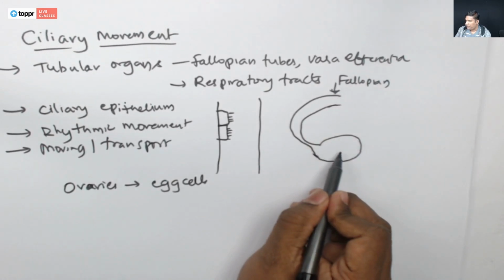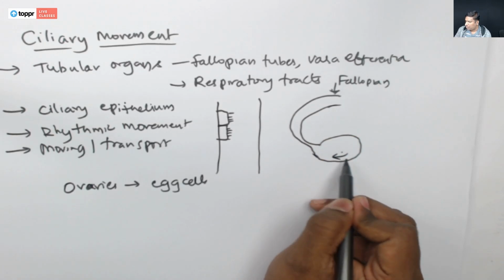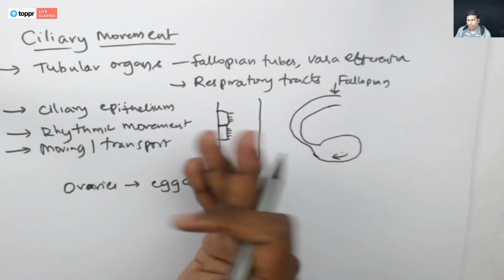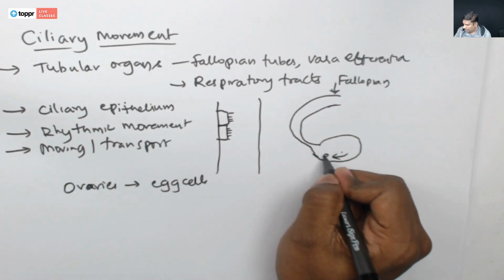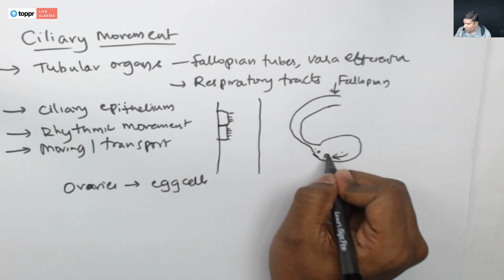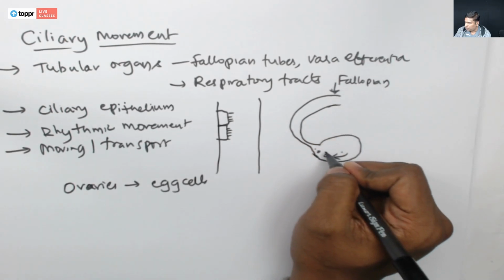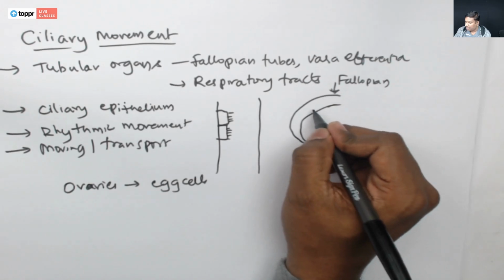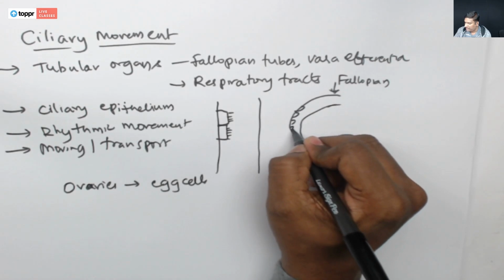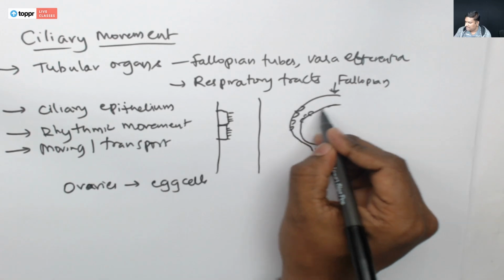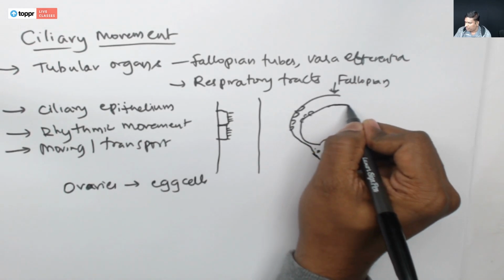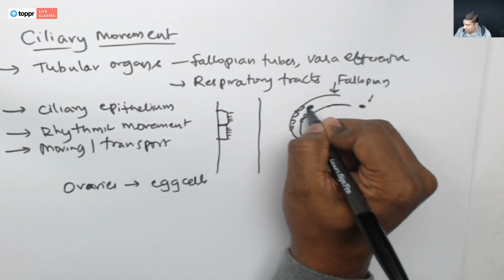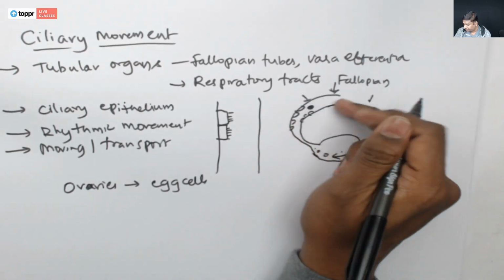So what will happen? The ovaries actually produce one egg per month. Of course, one ovary every month. So the egg produced by the ovary will start moving through the fallopian tube. This is pushed by the ciliary epithelium, so you have ciliary epithelium cells here, and these actually push the egg all the way to the uterus, or to the isthmus of the